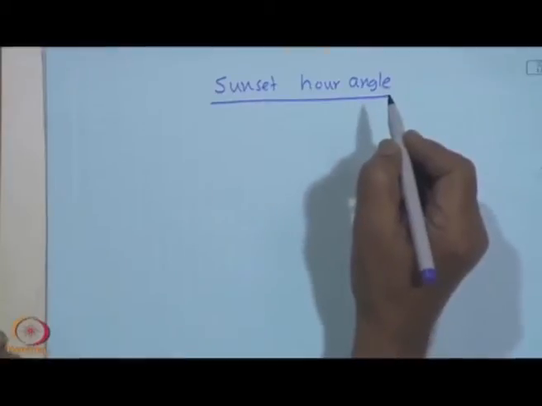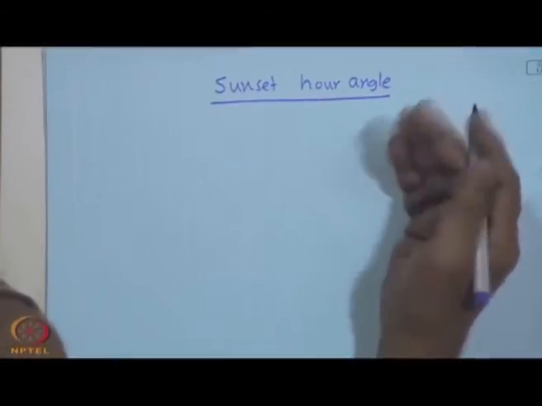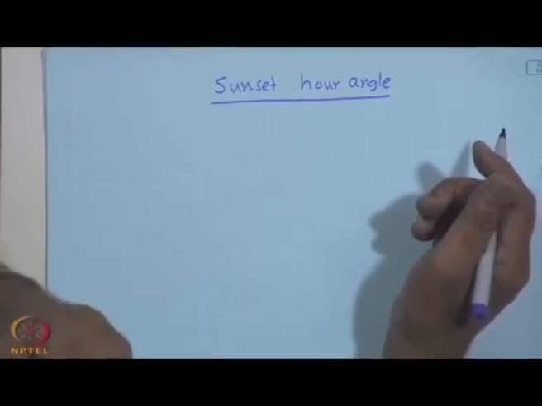A sunset hour angle, how do we define? It can be called a sunrise hour angle or a sunset hour angle. It is symmetric as long as solar time is followed. When the sun's rays are horizontal, they graze past a horizontal surface, then it is either sunrise or sunset. At any other time, they will make a particular angle, less than pi by 2, with respect to the horizontal surface. In other words, as the sun appears to be moving from east to west, when it first appears at the horizon, the rays are parallel to the horizon.